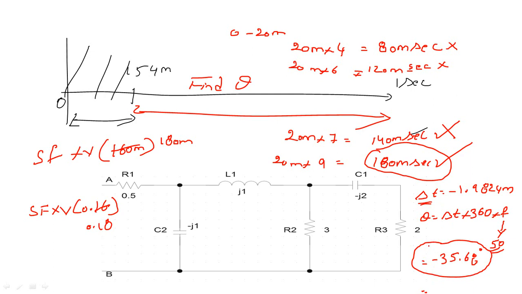Now that we have found the value of impedance 1.2579 ohms and then its angle as minus 35.68 degree. So there is small deviation in answers here, which is acceptable because of the changes in the value of what we have considered as 1 ohm. Sorry, for example, for L we have considered this as 1. Just a moment. We have considered this as 1i, and for this as minus 2i, and for this as 1i.